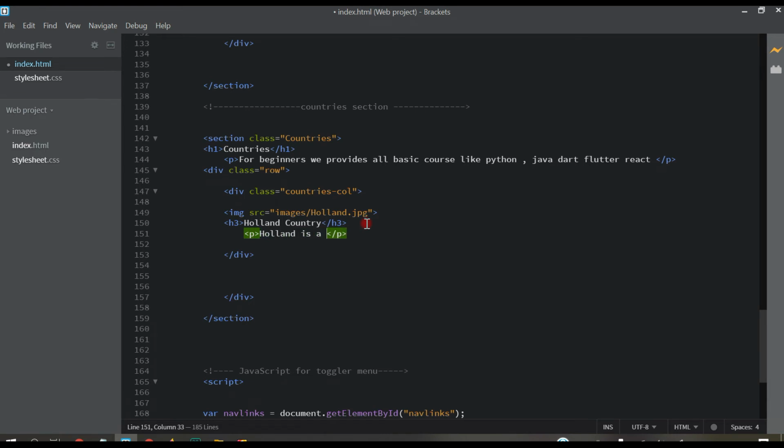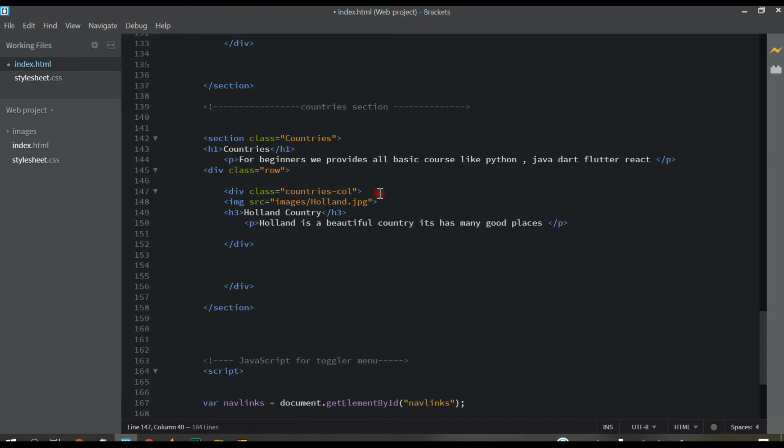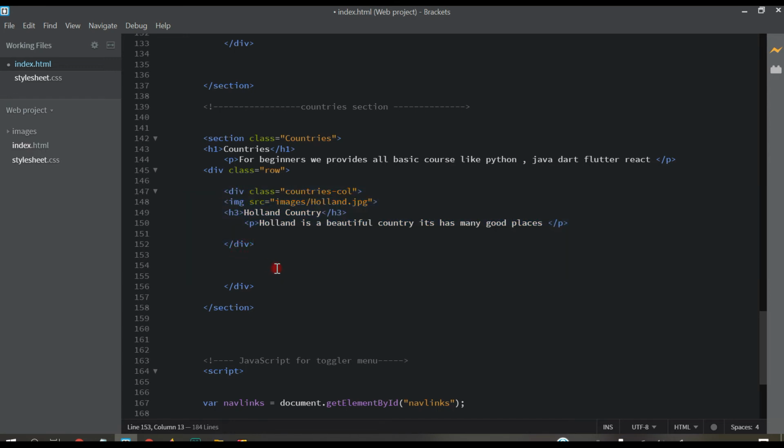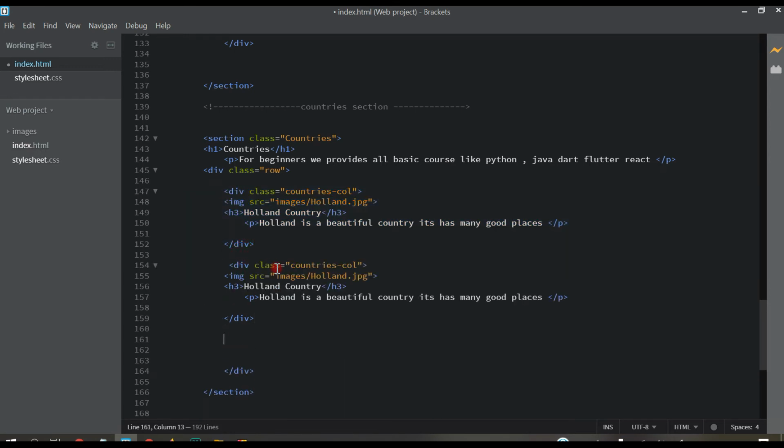Holland is a beautiful country. It has many good places. So this is paragraph, and now let's copy paste this column 2 times more. Copy it and paste it here, and one more time paste it here, and just change the images.